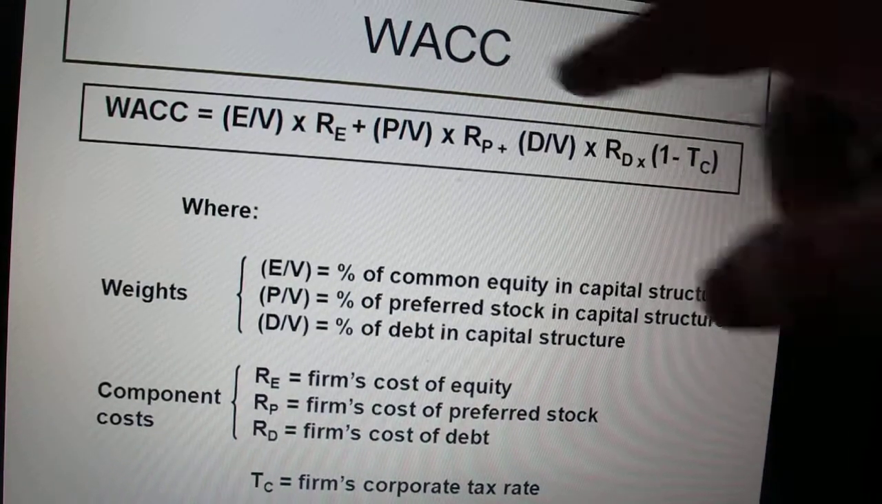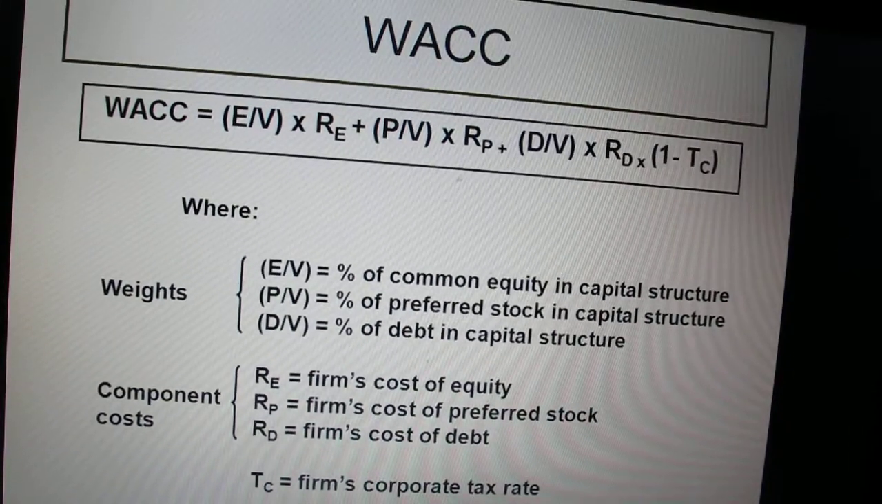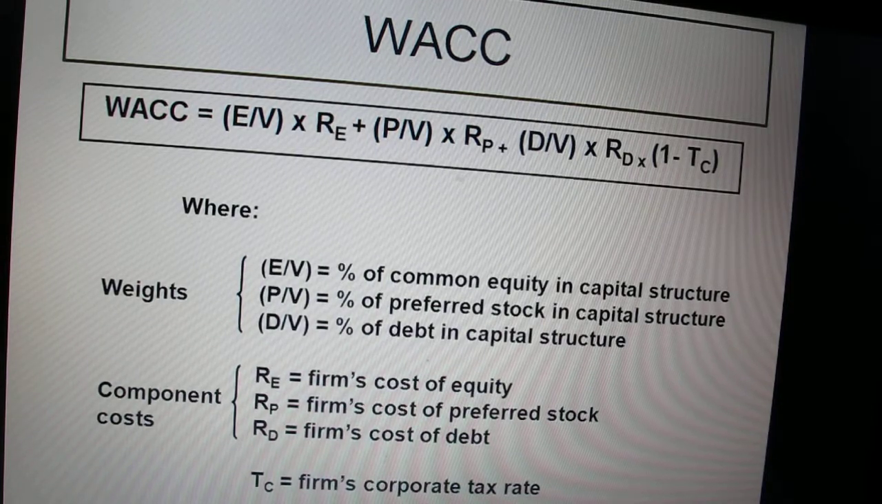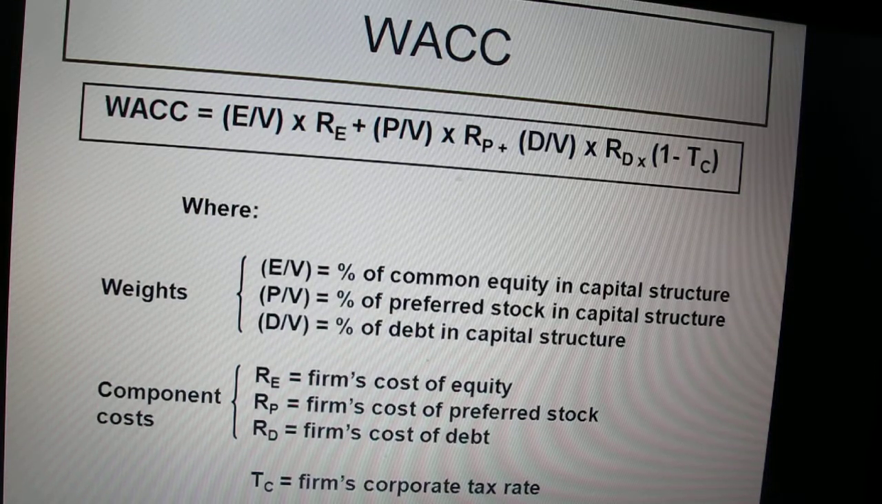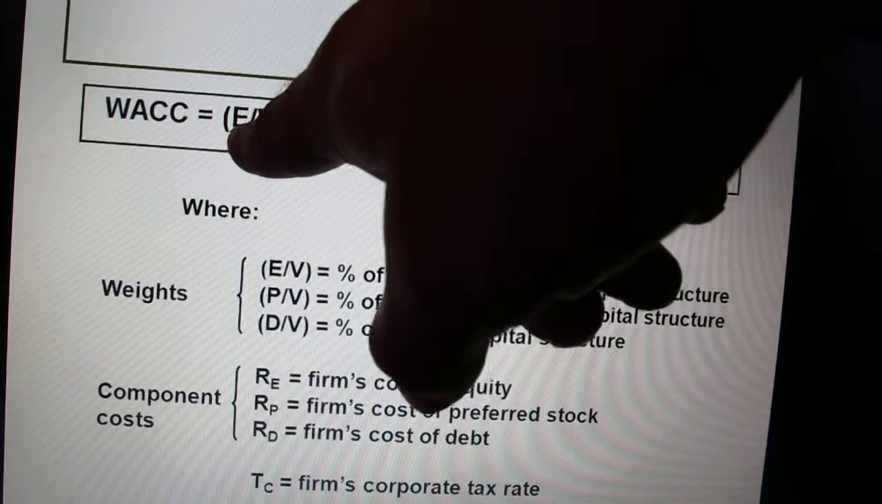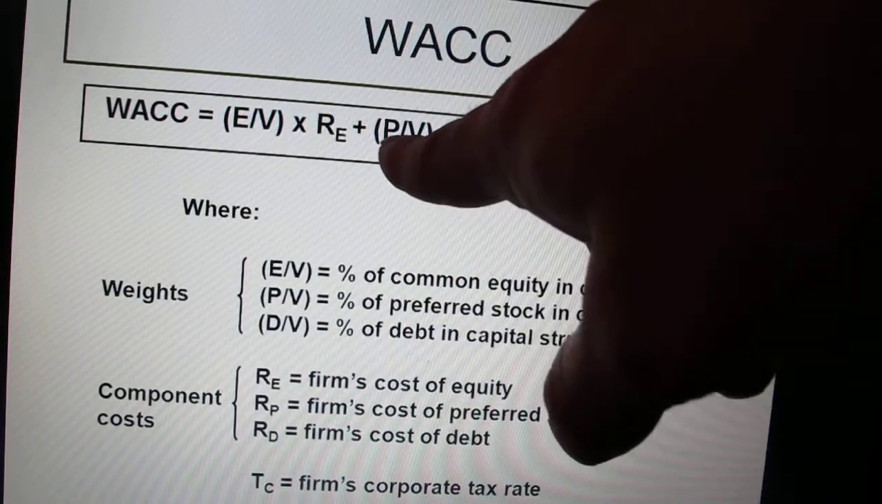So this is what the actual formula for the weighted average cost of capital looks like. Pretty straightforward, at least in my opinion, because it's basically a weighted average. That's what we're looking at here. We have our weights, the E divided by V. And here we just